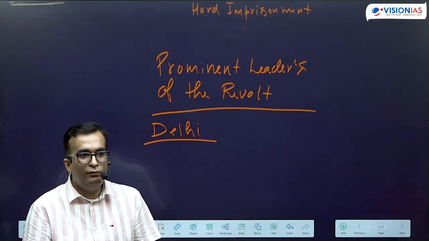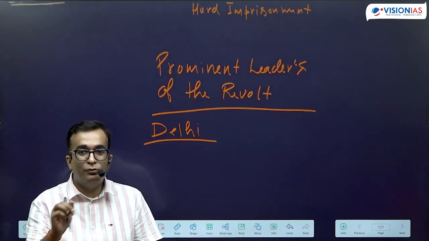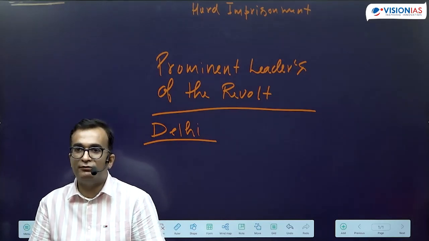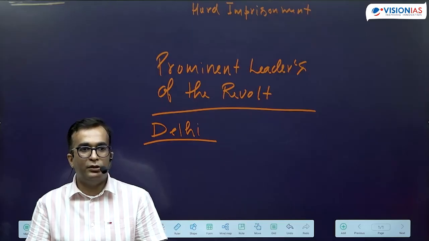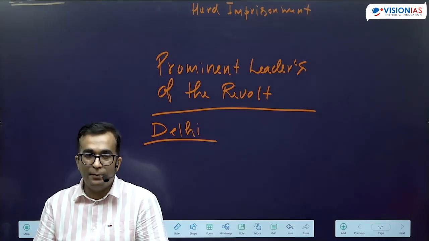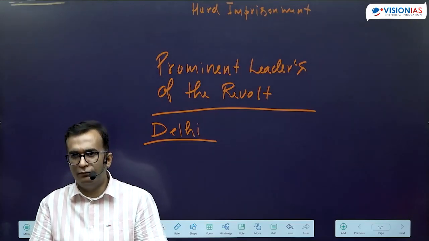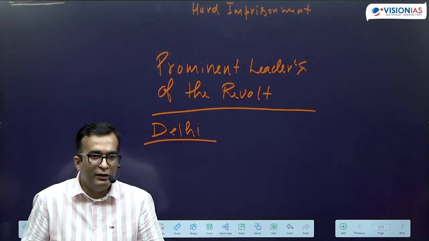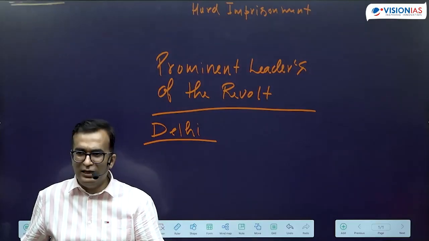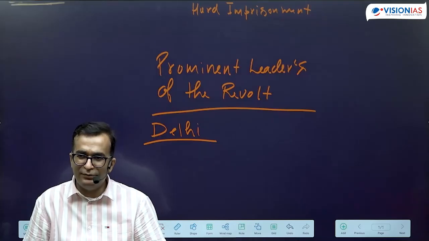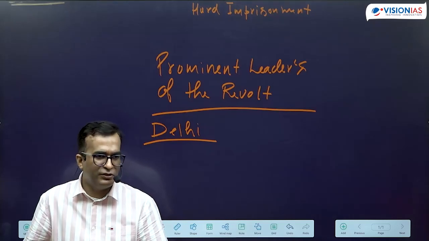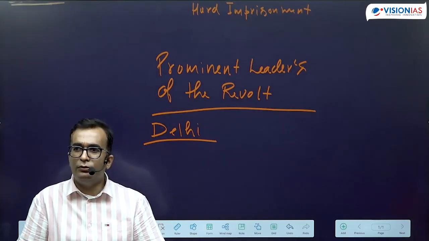Now when the mutiny started, I'm just going to tell you some names, you don't need to write them, you just understand the story and the entire event which happened at this point. So in Kanpur, the British commanding officer was General Hugh Wheeler. Hugh Wheeler and Nana Sahib had a very good acquaintance. In fact, these rich-class people were meeting on a daily basis, in the evening, playing many games, including chess. They were always in conversation with each other, and it seemed there was a good bond between the two.